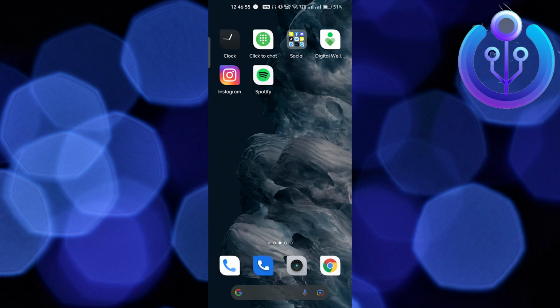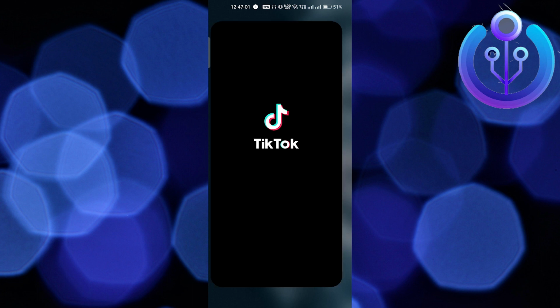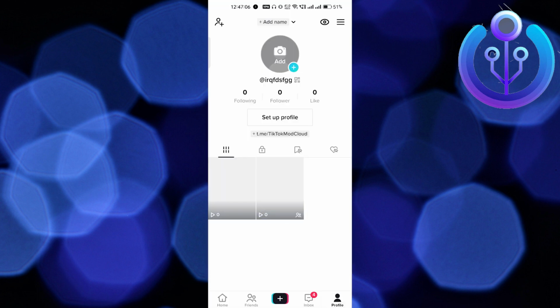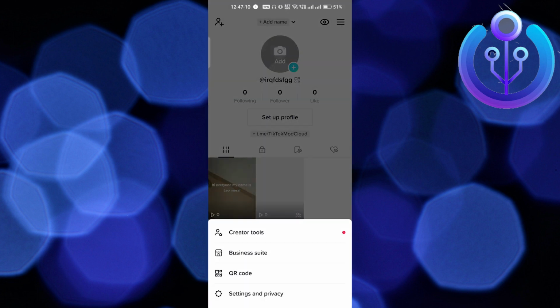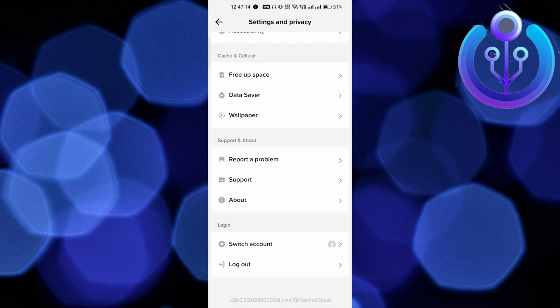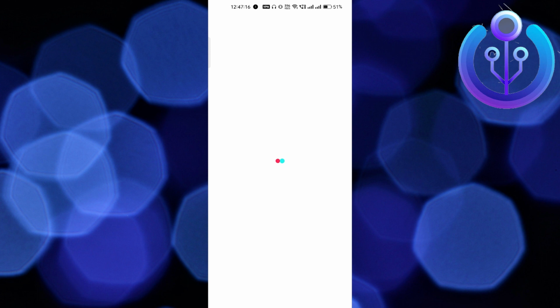In this video, I'm going to show you how to fix creator fund not showing up on your TikTok, right? So let's go into the TikTok mobile application here. Then you have to click on the profile, which is on the bottom right side corner. Then you have to click on the three lines, which is on top right side corner, and just go to the settings and privacy. And here you have to scroll a little bit down, click on report a problem, and